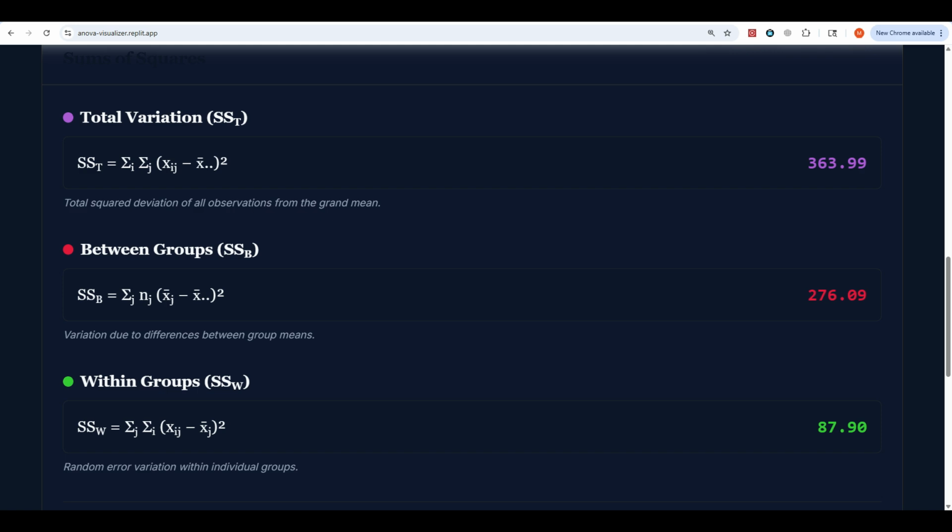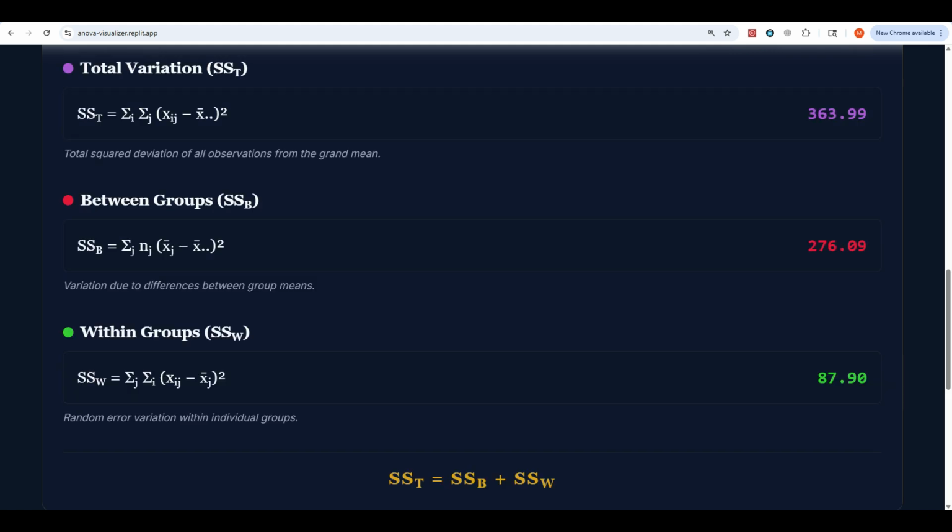And hopefully with that animation and being able to see those different lines, these equations will make a little more sense, where the total sum of squares is really just a collection of all of the deviations of the observations from the overall mean squared, and then we're summing them up within a group and then across all of those groups. Similarly, the between sums of squares becomes a little more intuitive now because all of those red lines within